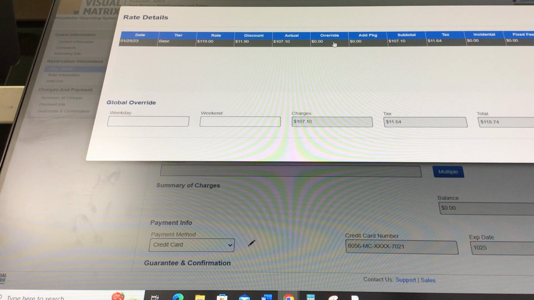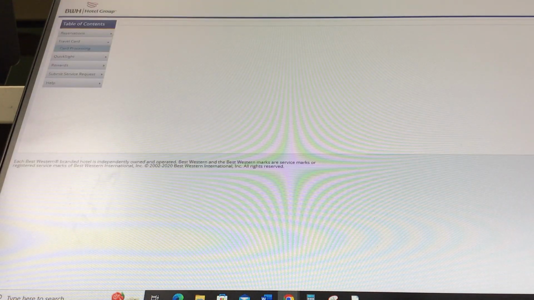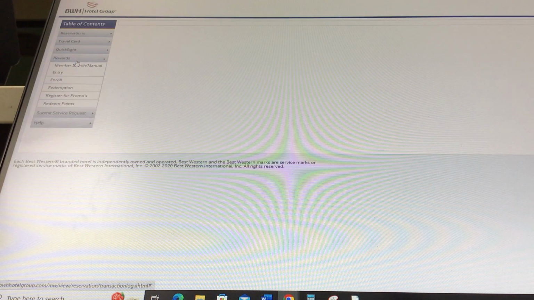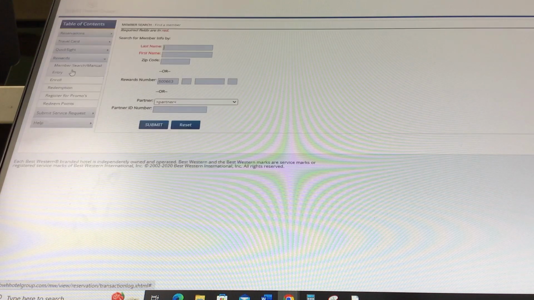And that's what we would type in for override. Just to give you an example. Rewards. You can look up members,